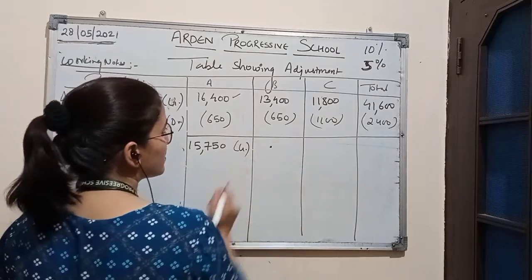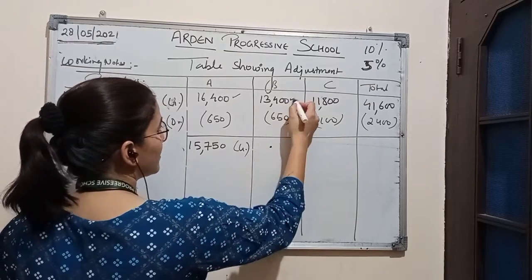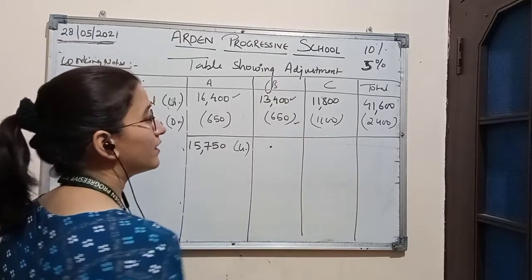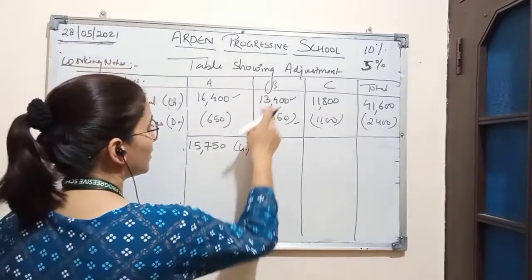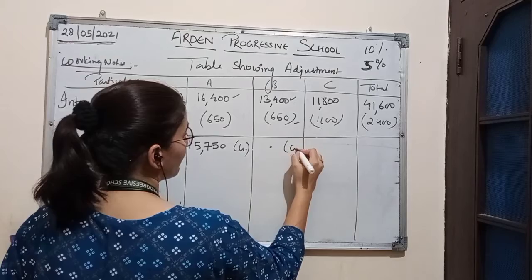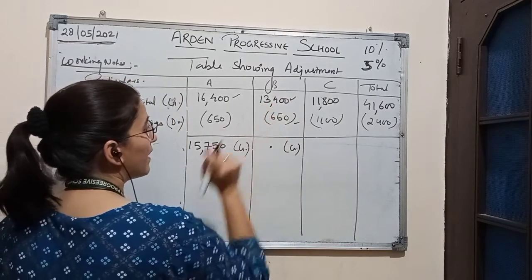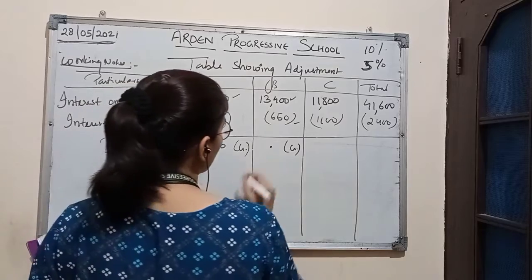Now in B's column we can see that there is a greater amount in the credit balance and less amount left in the debit balance. So here difference will be of credit balance only. 13,400 minus 650 is